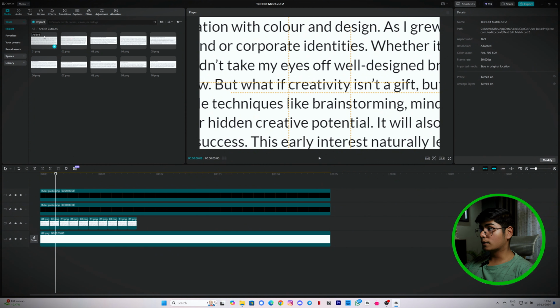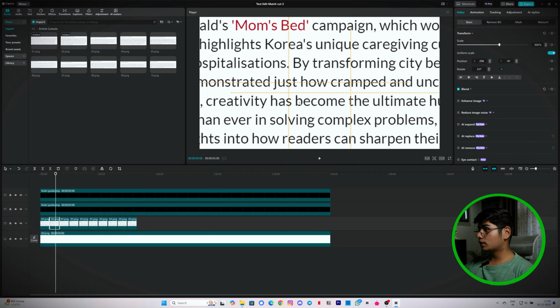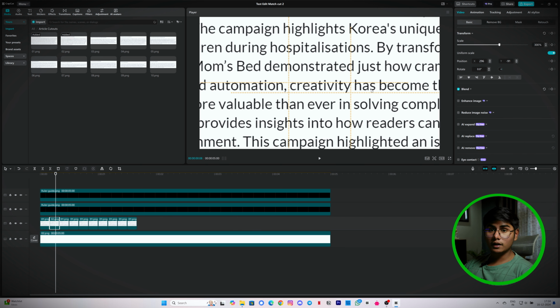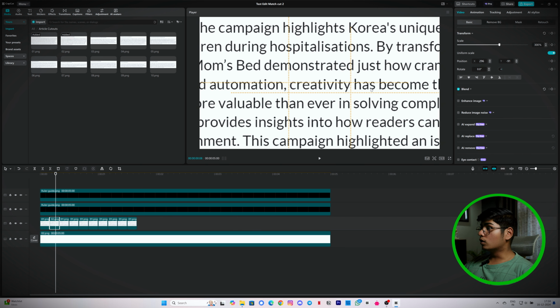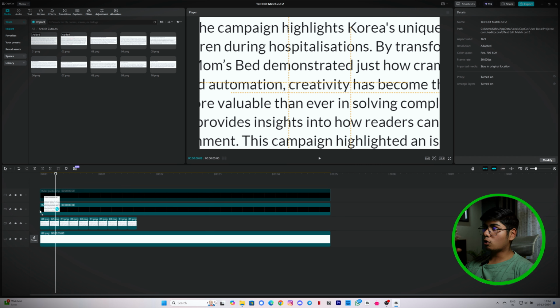that we have. So I'm gonna replace this and then I'll find the word creativity like this and put it in the center. You can also alter the position by changing the X and Y position here. You can do that by holding shift and then clicking on the arrows so the frames moves a little faster. So now if you see, our second word is in center too. I'm gonna do that with all the images.